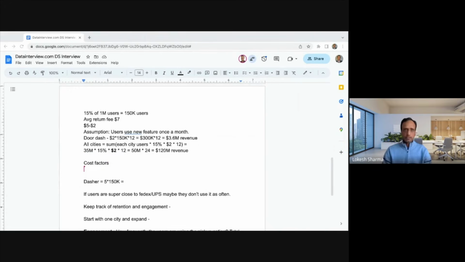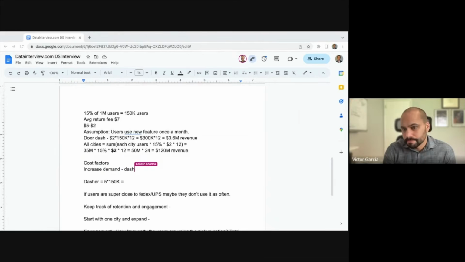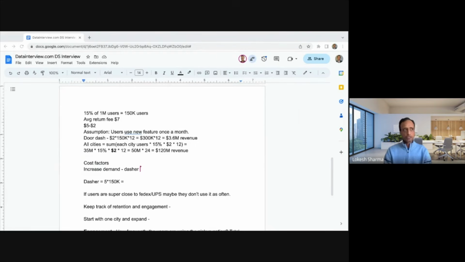Under cost factors, the other piece is increased demand. So do we have Dashers to meet the increased demand? We may need more Dashers, and making sure it's not impacting the other businesses like prepared food delivery. If you don't have enough Dashers, it may have a spillover impact on other businesses.